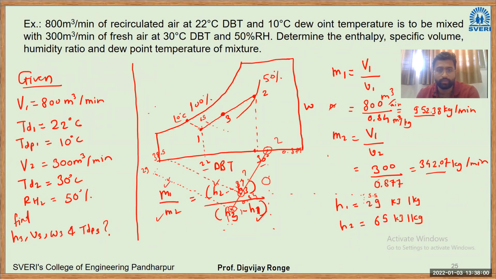So here, this is the point number 3. Here in this case, how I have got the point number 3, I have calculated the H3 value. H3 value comes out to be 38.5. And from that, I have calculated point number 3. Okay. Now they have asked for the enthalpy, which we calculated. Specific humidity ratio we'll calculate, which comes out to be 30%, and dew point temperature. So I have to calculate now specific volume and dew point temperature.